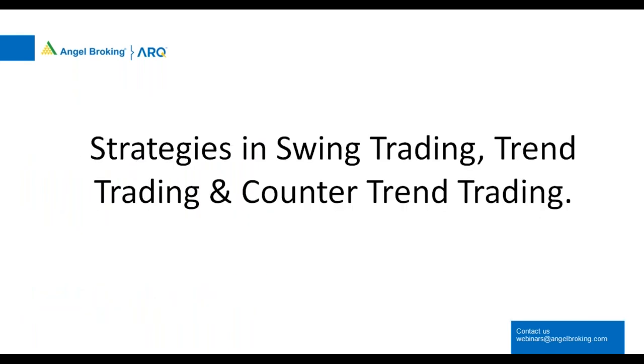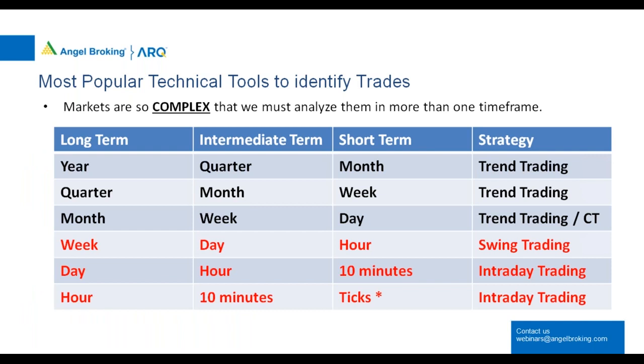This is ideally best suited for trend trading, and you can also use it for counter trend trading. For counter trend trading, you have to have some very valid reason as to why you're going against the trend or why you're going short. It could be because the stock has reached a major resistance level or a major previous high or a top has been reached, so the stock is likely to correct.